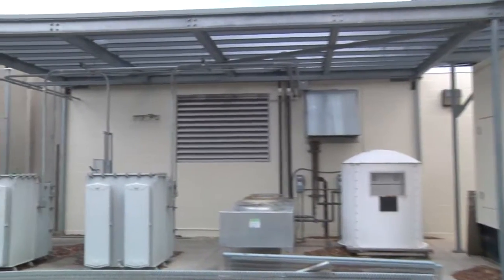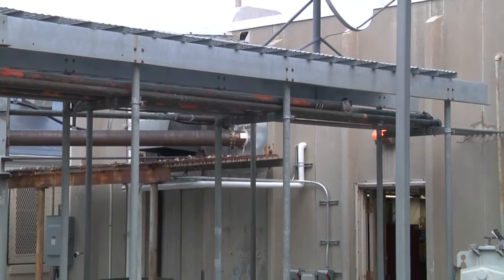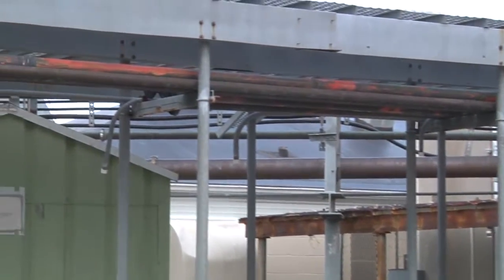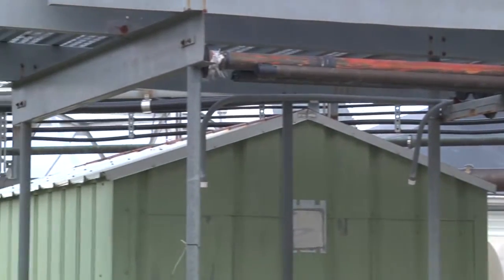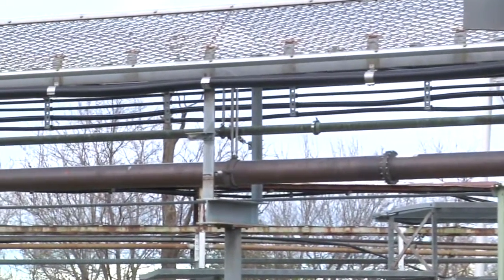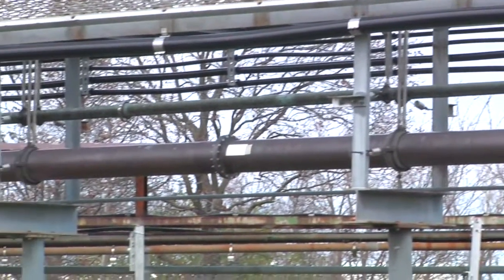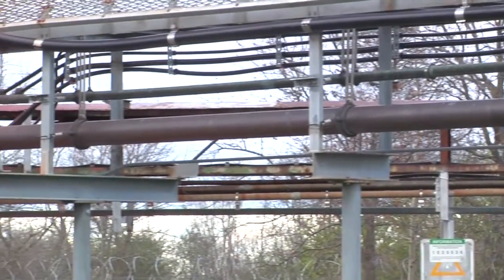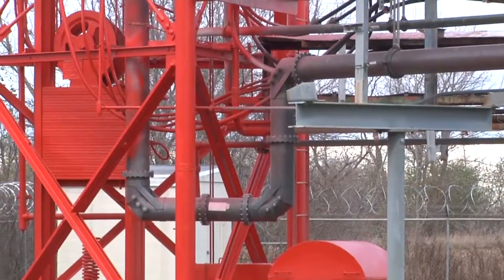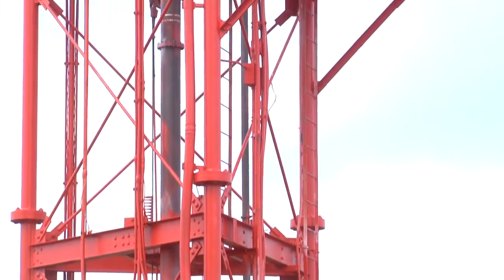Coming out of the building as Rex is continuing to pan around here, you see the ice bridge, and all the transmission lines from all the services that are in this building are under that to be protected from ice. A chunk of ice falling from 700 feet will make a divot in the ground like you wouldn't believe. In fact, we had a big chunk come through the old building a number of years ago, and that was a story in itself. Our tower is actually 1,149 feet to the top,